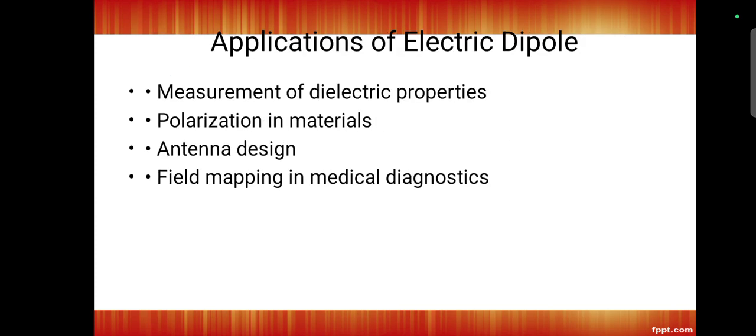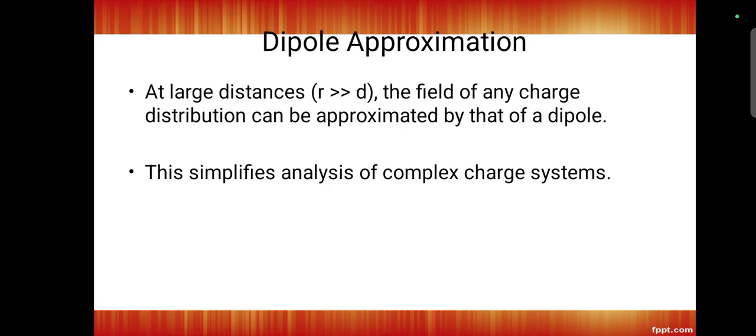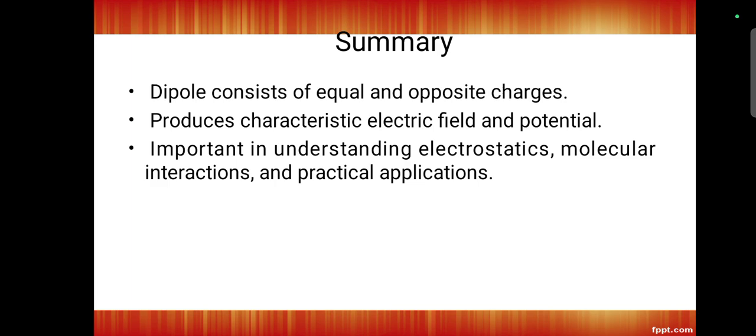Regarding applications of electric dipole, it is used for measurement of dielectric properties, polarization in materials, antenna design and field mapping in medical devices. In the dipole approximation, when r is much greater than d, the field of any charge distribution can be approximated by that of a dipole. This simplifies the analysis of complex charge systems. Overall, a dipole consists of equal and opposite charges and produces a characteristic electric field and potential. It is important in understanding electrostatics, molecular interactions and